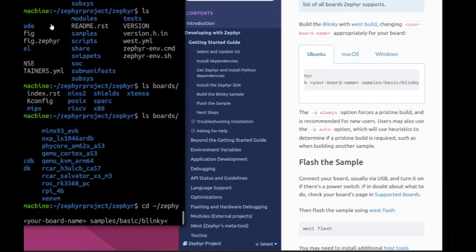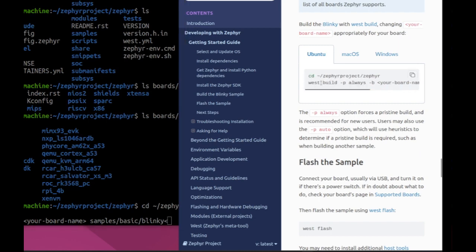I forgot to unmute before. Basically, I already unzipped the tarball of the build of the SDK, and I try to build a sample code called Blinky. To use my West build tools, I go to my source directory folder, which we synced earlier, and